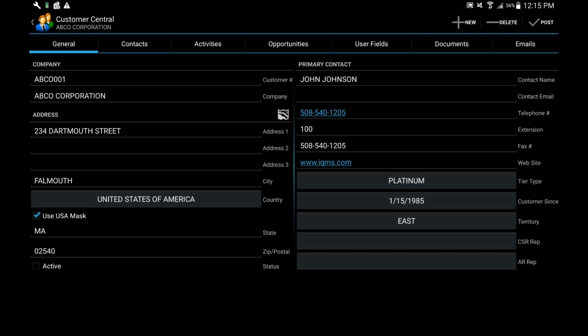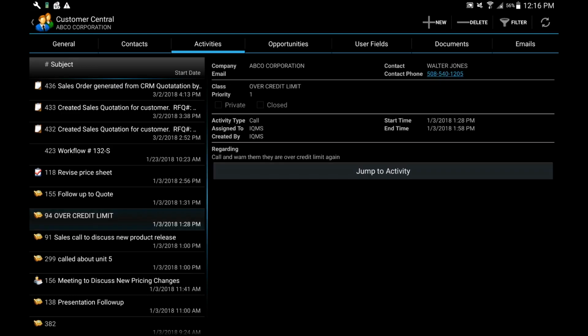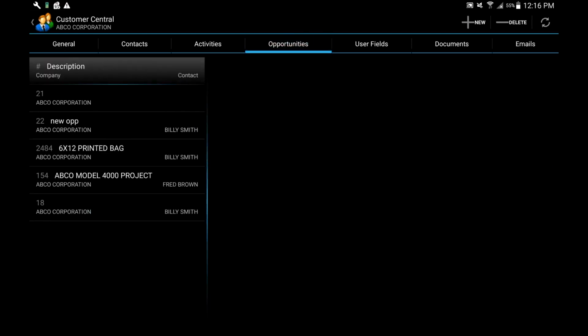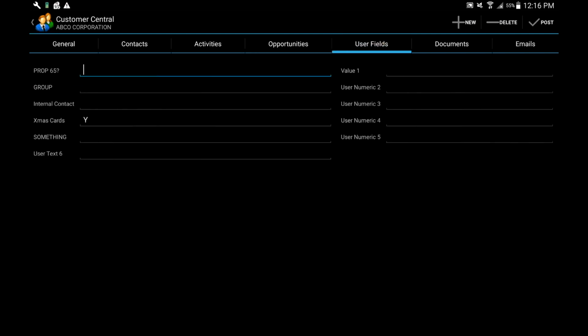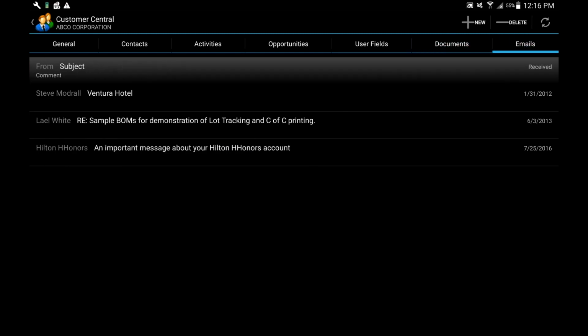unavailable. Users have the ability to view any customer activities, update them, and also post new items. They also have access to any sales opportunities that have been tied to a customer, as well as any user fields that have been added or updated within the system. Lastly, users have access to documents tied to customers, as well as any emails that were included under the Email